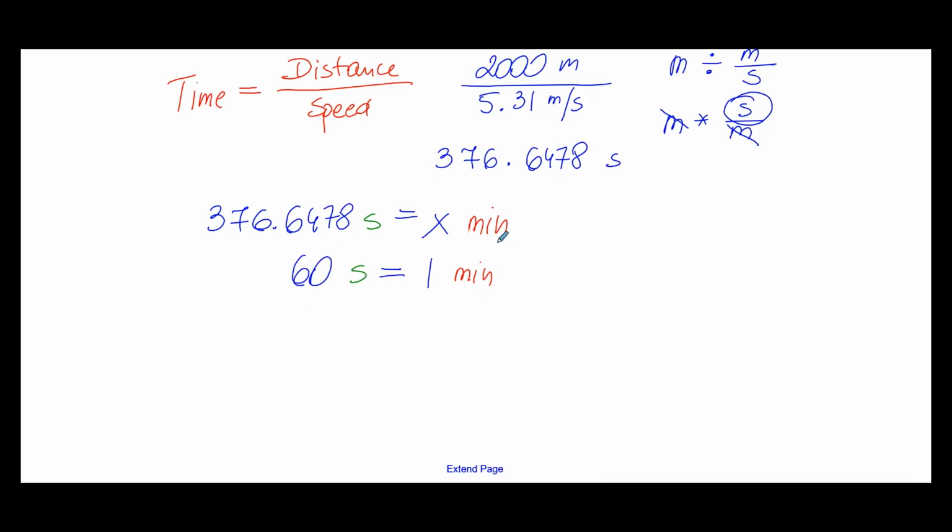The main thing with conversion is comparing like with like. And how do we solve it? We cross multiply. So 1 multiplied by 376.6478 will equal x multiplied by 60. So here we know we want the value of x, therefore we divide both sides by 60, and we get that this number is